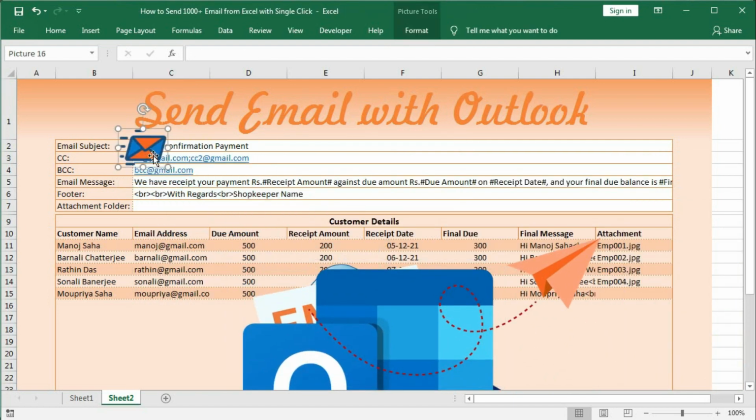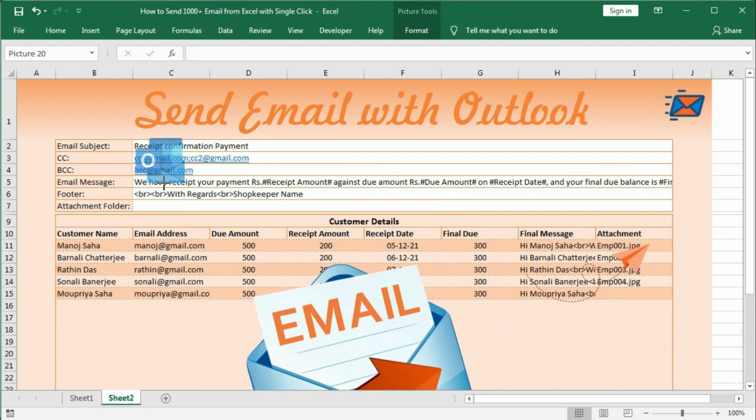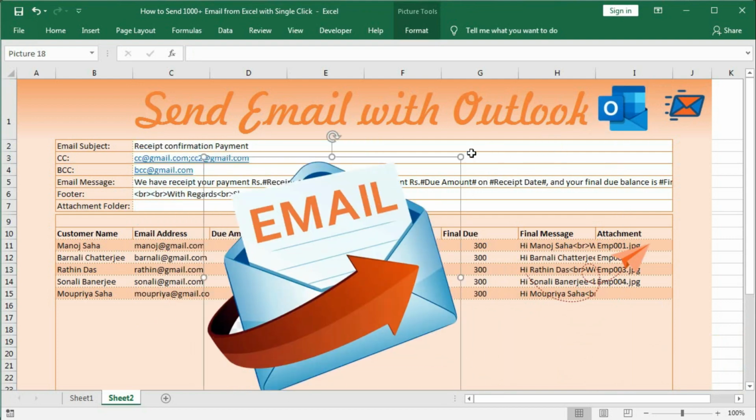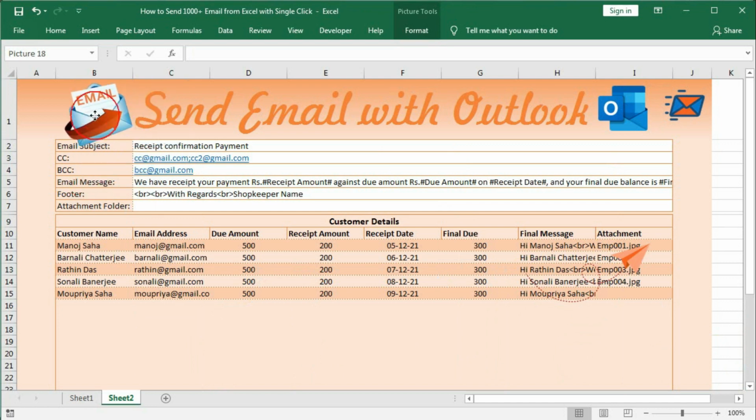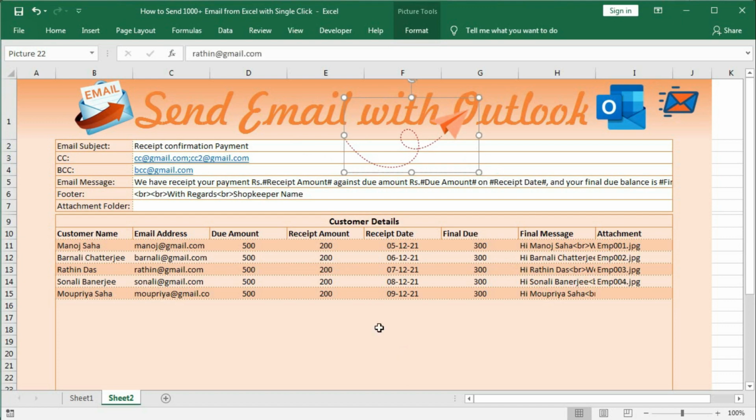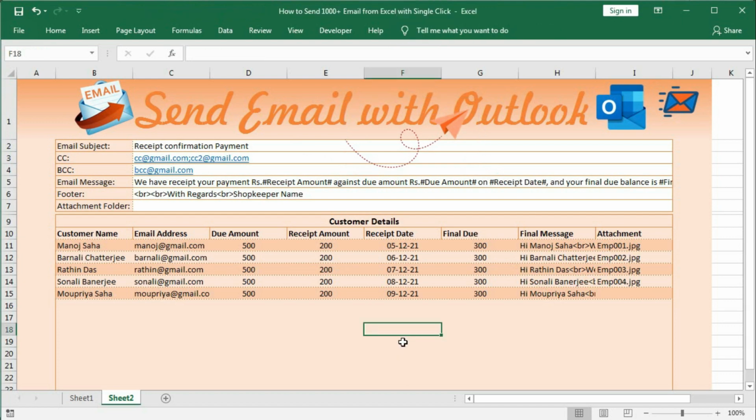Okay, we will use this here, and this one here. So these are all only for decoration and nothing more than that. Okay, we have done it. So we have almost done everything.